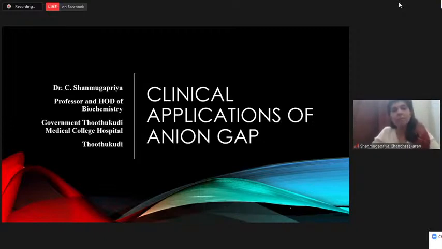So the main reason behind why we thought of discussing this topic today is we were discussing MCQs in various groups, and we found that students find it difficult to interpret ABG charts based on anion gap. And not just students, even for clinical practitioners, when it comes to ABG report interpretation, I won't say it's difficult to interpret, it's just that the basic concepts have to be made clear. So the main objective of this session is to clarify any doubt that might exist behind the term anion gap.